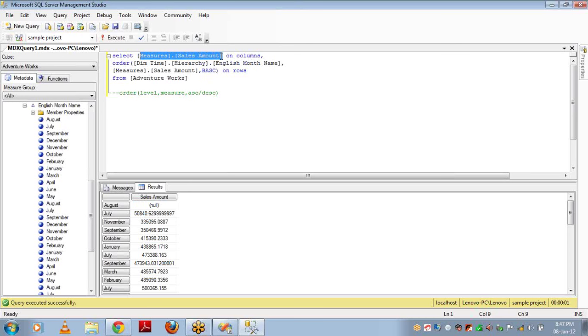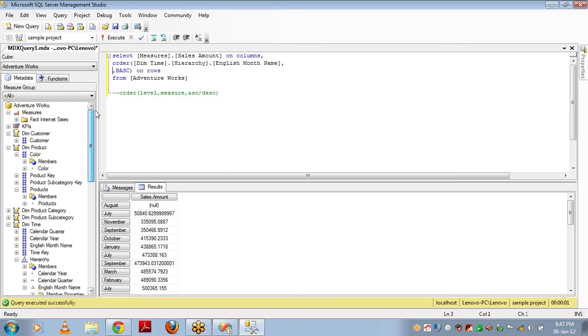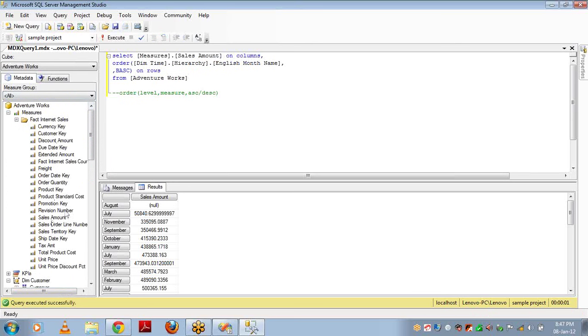Absolutely not. It's not mandatory that you have to use the same measure that is there in the columns, which you are using to retrieve the data, which you want to show in the result set. You can use any hierarchy, any measure, not only the one you are using in the columns list. You can use any other measure to sort a particular attribute level or a measure level. In this case, a few scenarios will be there.